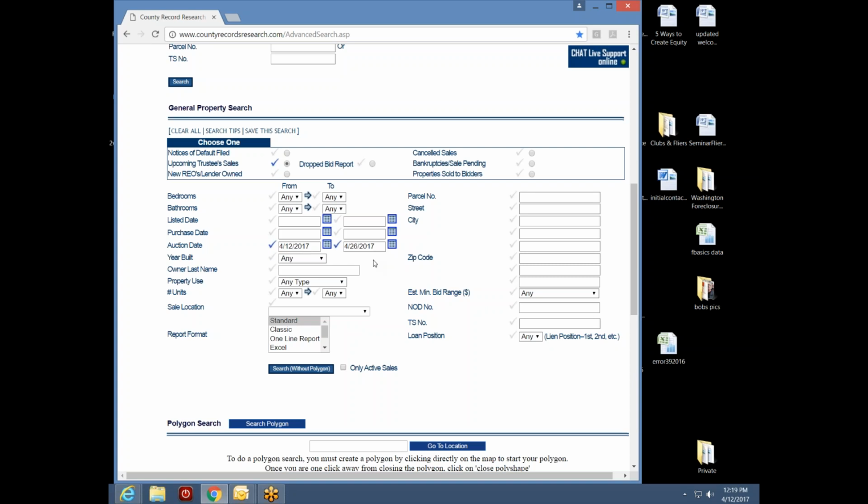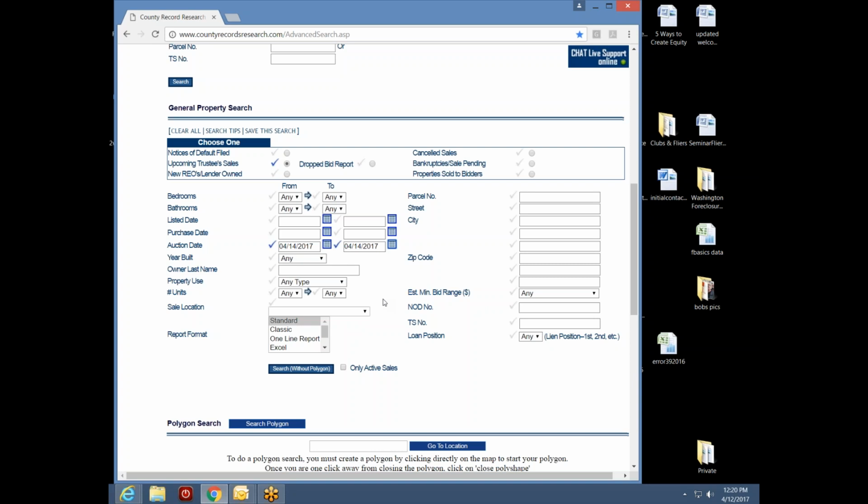or I can limit my search by date to a very specific time. Let's say, for instance, I'm very interested in going to the auction. Today is Wednesday. Let's say I want to go to the auction on Friday. So let's say that I want to change this date, the 12th, to Friday, the 14th. Okay, but let's say that I want to also change the second date here to the 14th as well. So what I've just done is I've taken a 2-week search range and I've cut it back to a single day this coming Friday, so I can be prepared to go to the auction.